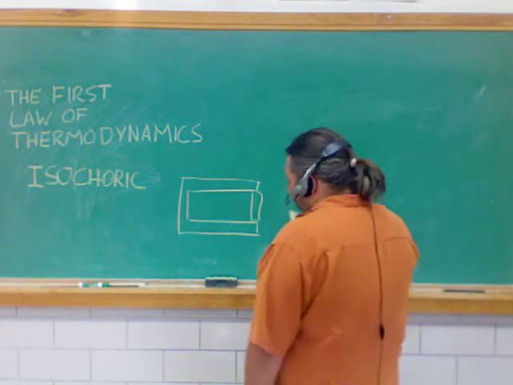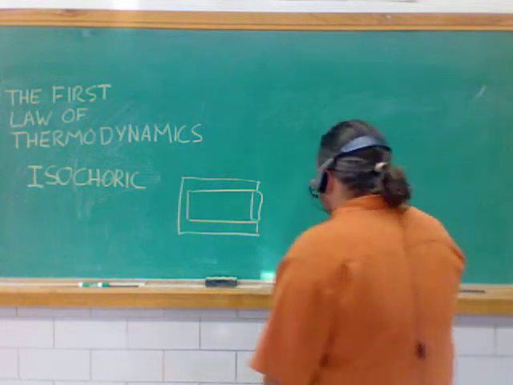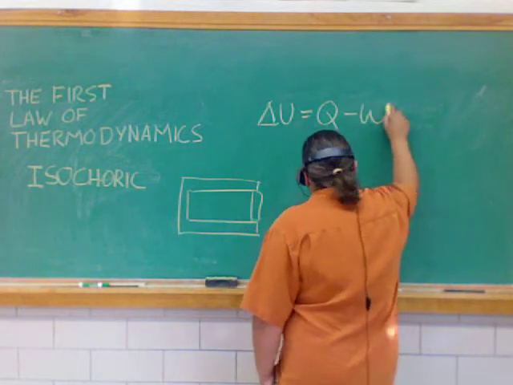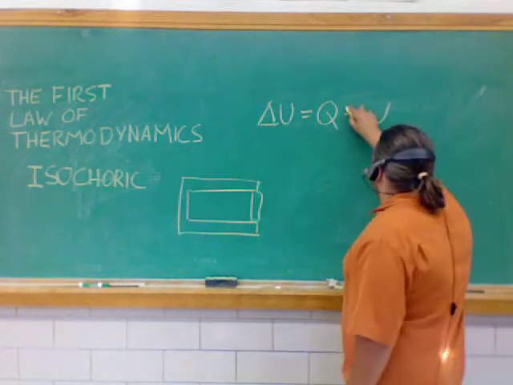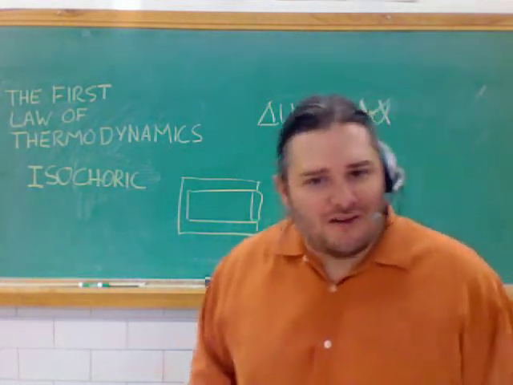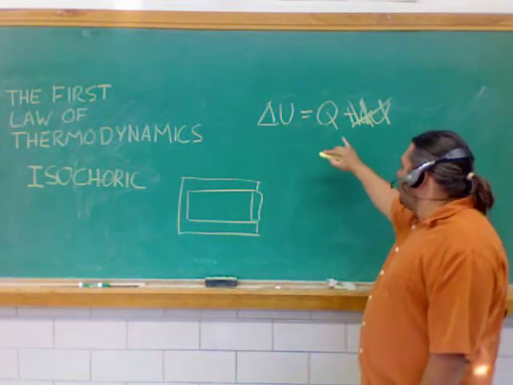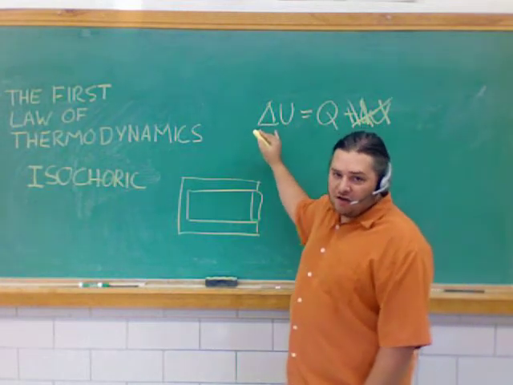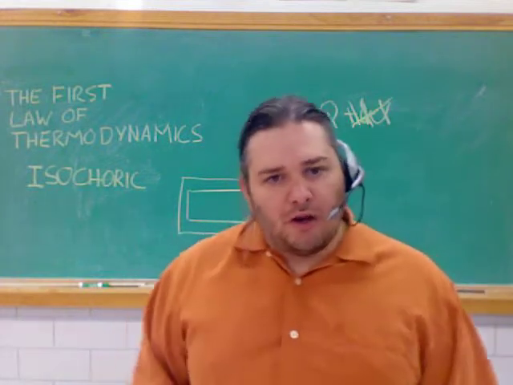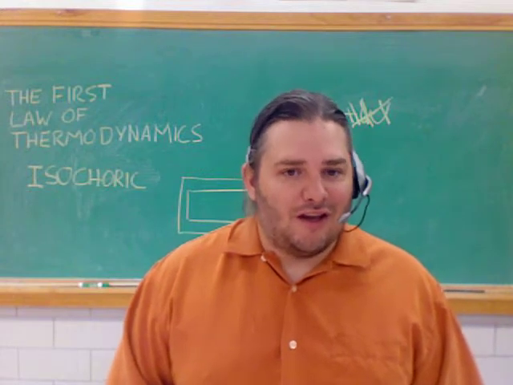Something is dropping into this system, heat, or pulling heat out, keeping the object's volume constant but not keeping its pressure constant. So if you were to look at an isochoric system, thinking of that equation, that delta, because no volume is changing, no work is done. I should have added that in there. Because no volume is changing, no work is done. That means that any change in internal energy of that noble gas is a direct result of heat being delivered, thermal energy being delivered. More than likely, the temperature of the object is increasing. Well, not more than likely, it is.